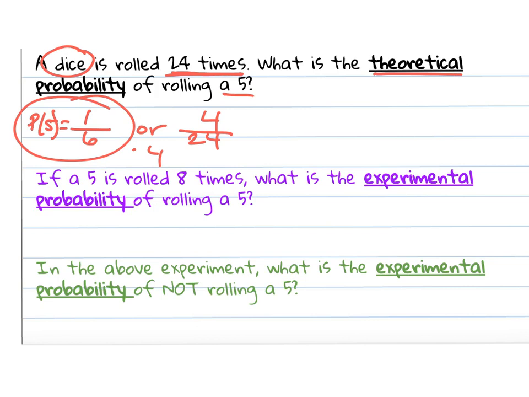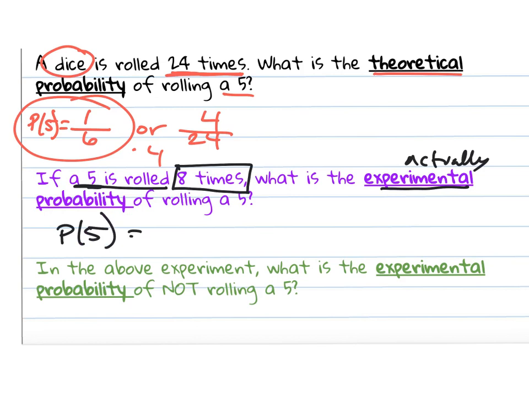Experimentally, if it actually happens, this is where you have to be careful because a lot of numbers show up. It says if a 5 was rolled, and this is the number of times it was rolled, if a 5 is rolled 8 times, what is the experimental probability? So what actually happened? A 5 actually was rolled 8 out of the 24 times. Those share a factor of 8. So experimentally, what actually happened was a 5 was rolled 1/3 of the time, which is different than what I